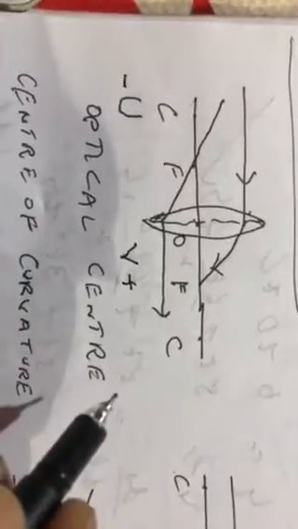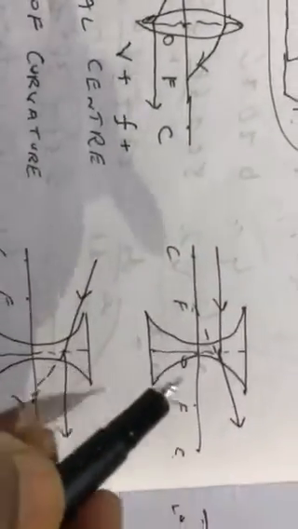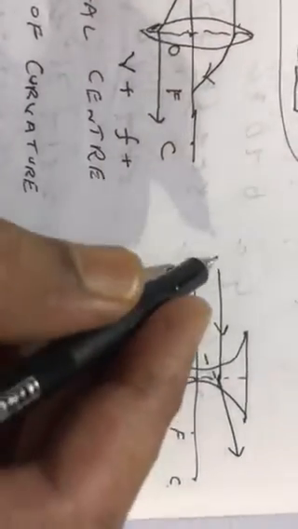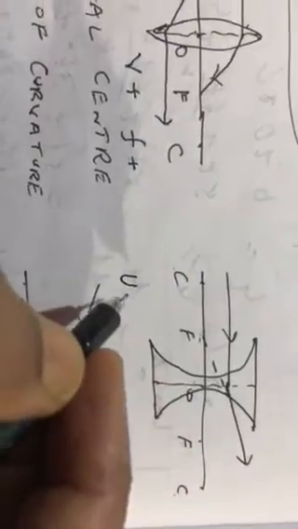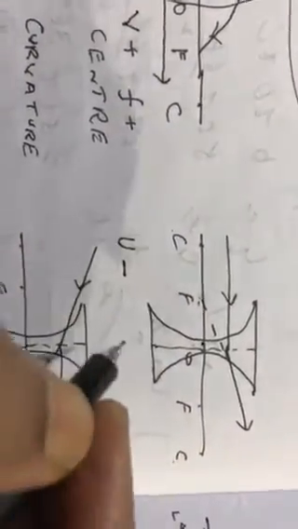Now by default we assume that the image is formed on the right. Okay, that is default. So that means V will be positive. Okay, and focal length, just now I read out to you, it will be positive. Now let's go to diverging lens. Suppose there is one object over here. So the ray is coming from the object. So the object distance will be negative because you have to measure left from optical center.